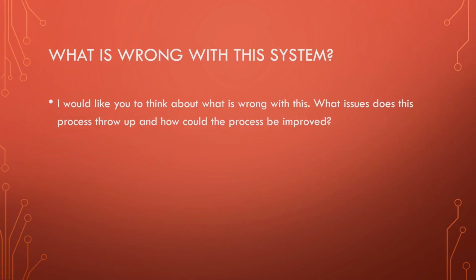After we've gone through all of those things, and hopefully you've made notes on them and know them inside out, I would like you to think about these questions, because we're going to be looking at this on Friday. My Friday video will be about issues with the confirmation, nomination and appointment process itself. So I would like you to think about what's wrong with this system. What issues does this process throw up? What outside ideological issues can have an impact on this, and therefore how do you think this process could be improved?